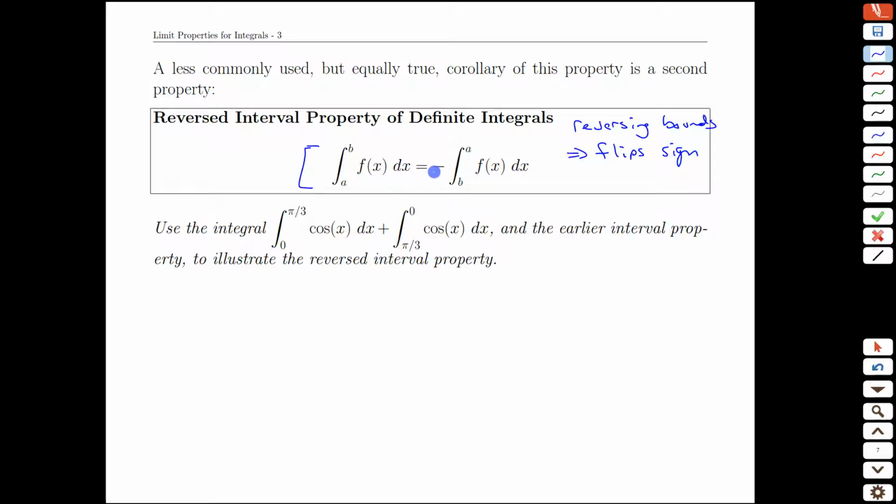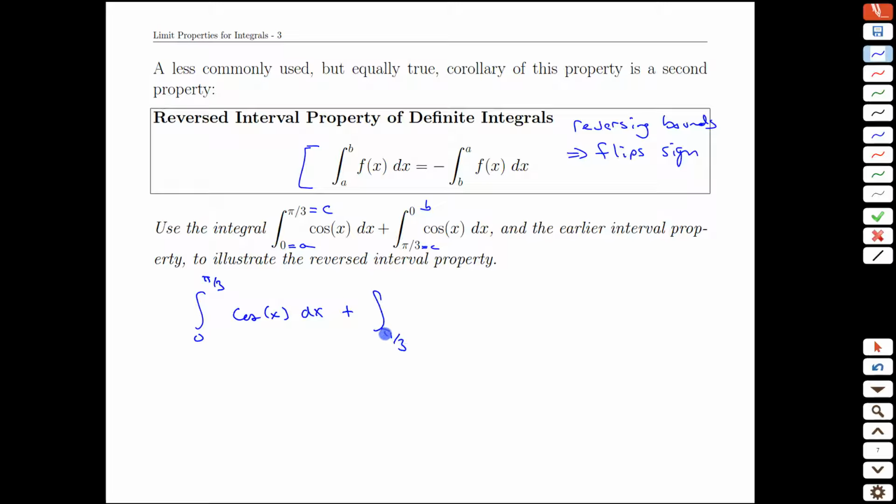Now, in some sense, this has to be true because of what we saw in the previous example. If we integrate from 0 to pi over 3 and then pi over 3 to 0, again, this is the one we have to think about what it means. We'll do that soon. But just from a purely logistic step, imagine going from a to c and then c to b, which is what we had in the last example. If we had the same endpoint